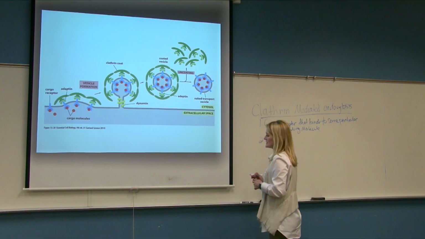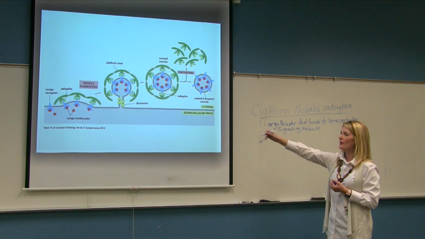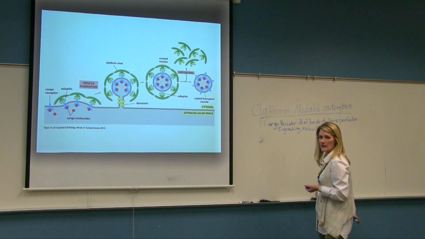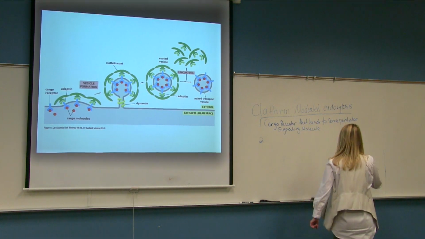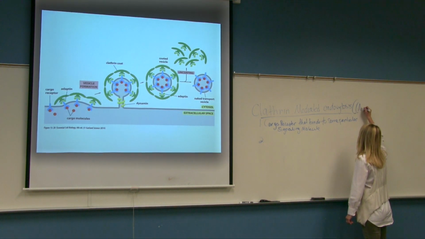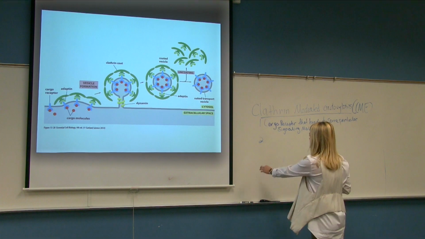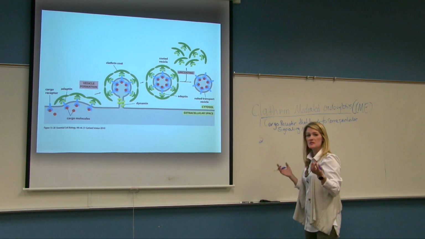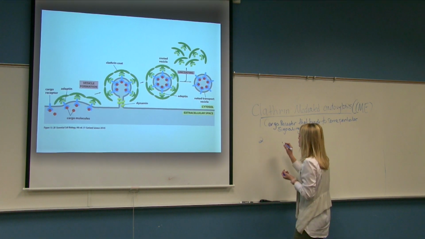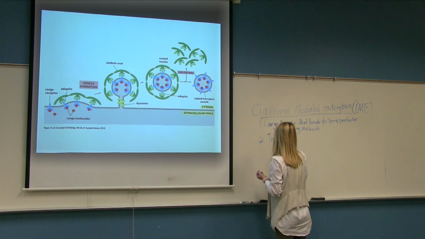What this does then is it induces the pathway of clathrin-mediated endocytosis. And to make this easy, because that's a big long word, let's just call this the CME pathway. So as we bind our specific cargo to our receptor molecule, this triggers